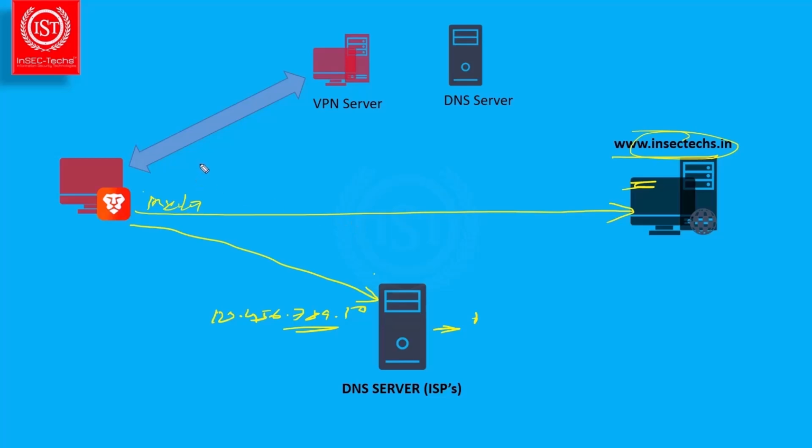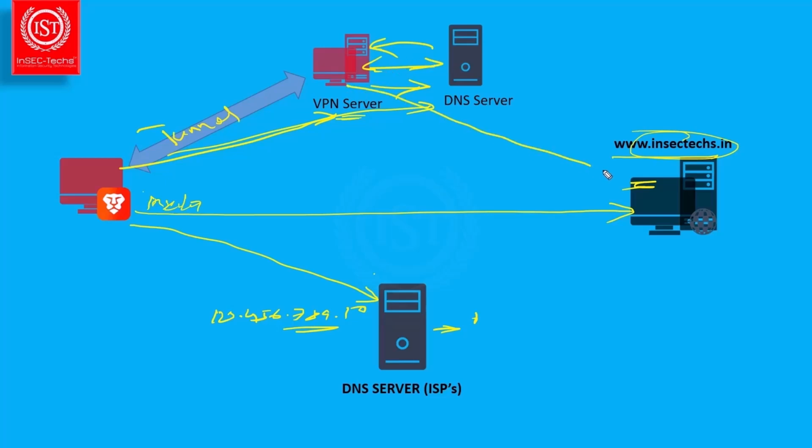But when you are using anonymity services like VPN or proxy, there is a tunnel. For example, this is a VPN tunnel, and you are connected to a VPN server. In that case, your DNS server should not resolve the IP address. It is the other DNS server that is provided by the VPN service that should resolve it. The VPN server will contact the DNS server, the DNS server will respond to the VPN server, then the VPN server will establish connection with the web server.